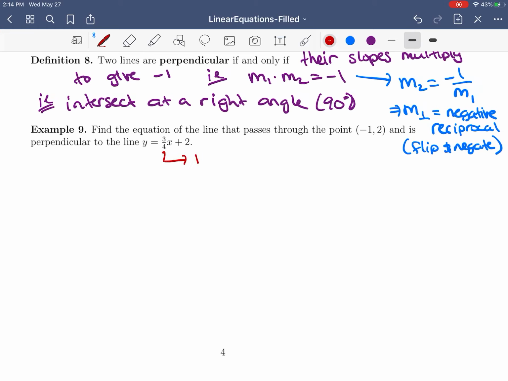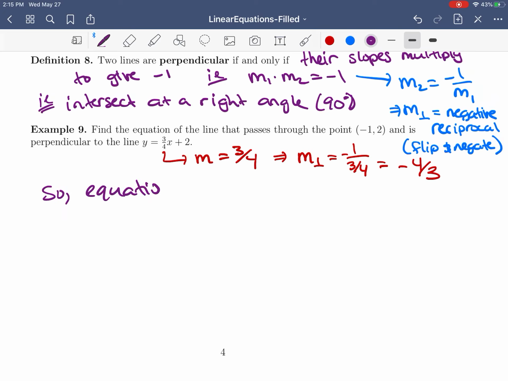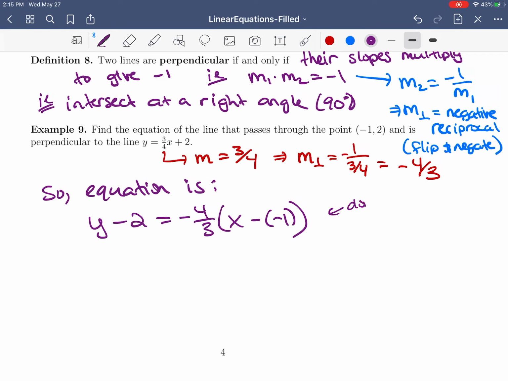Now this line is already in slope-intercept form, so we know that the slope is 3/4, which means that our perpendicular slope should be -1 over 3/4, or -4/3 when we simplify. So we have the slope and we have a point, so the equation is going to be y minus 2 equals -4/3 times x minus -1. And again, you could be done here, but if we just rearrange,